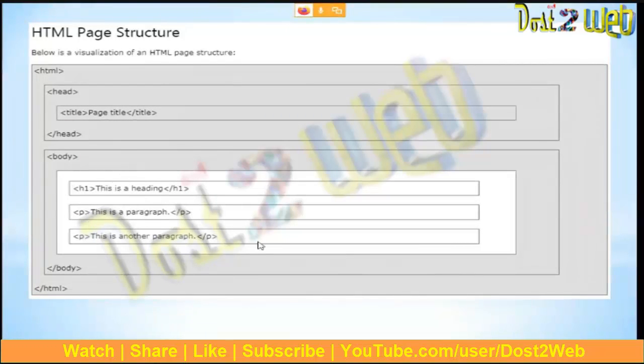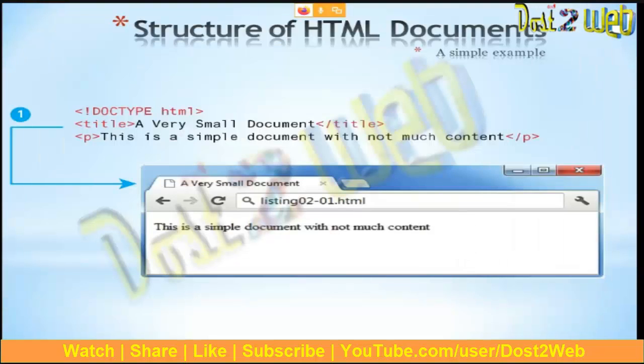You can use it here, and similarly you have to close the body tag, and similarly the main HTML gets closed. So this is the page structure of your HTML. Further, you can proceed to make any kind of portal. You can see the example we already saw yesterday. Here I'm using doc type.